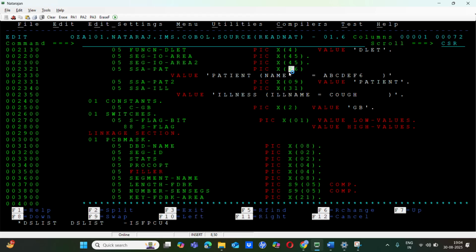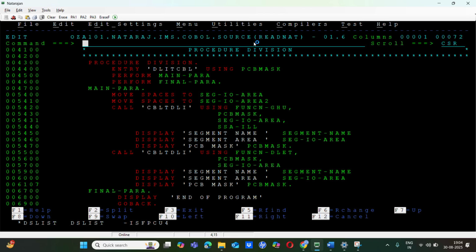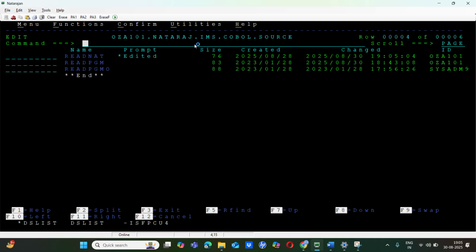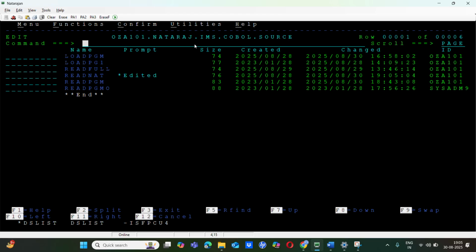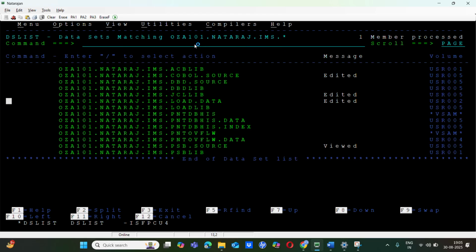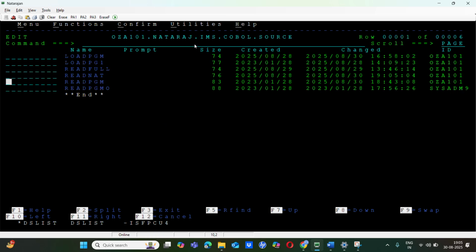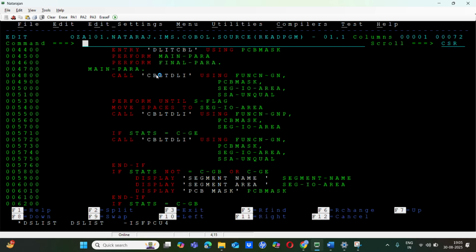This should also be 31, I guess. Yeah, it should be 31. So we'll delete this. I'm not giving the key, just issuing a different segment. I'm just giving the patient, and see, the last delete is also successful. Mostly the data is deleted. You guys know the thing, right? After React only, if I'm giving the read, we'll go with the read first. You can just run the read program. And if I'm issuing a GN call,